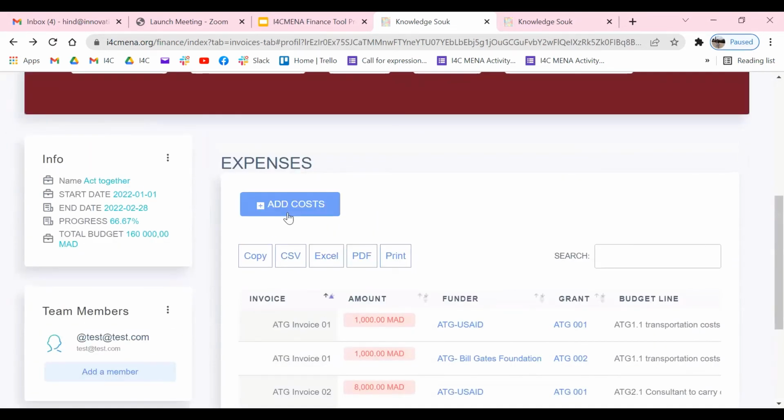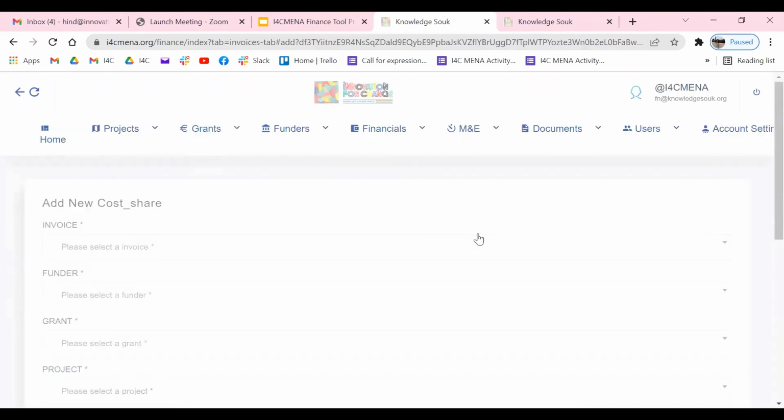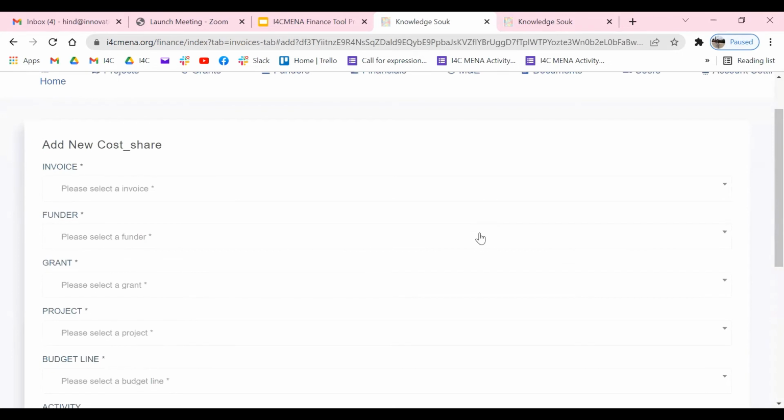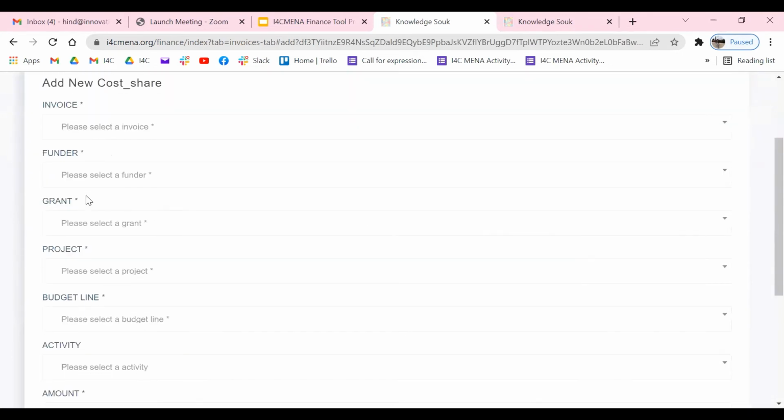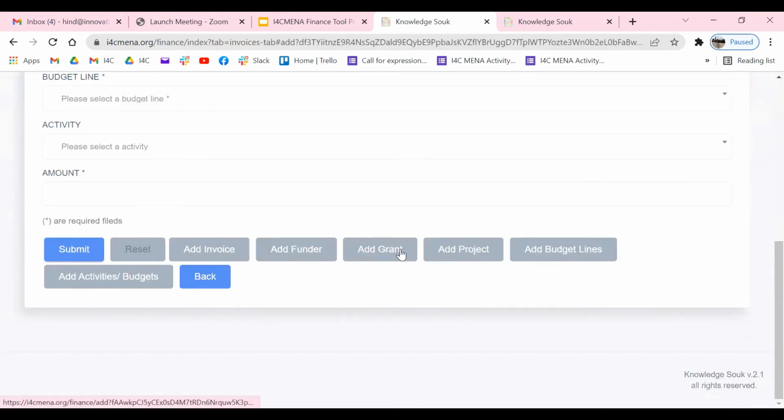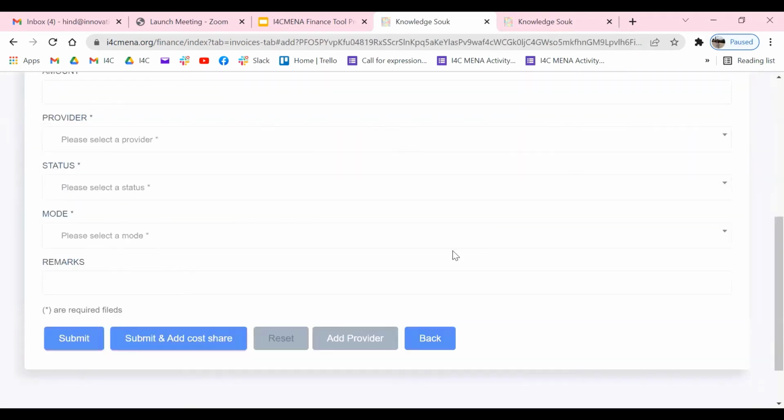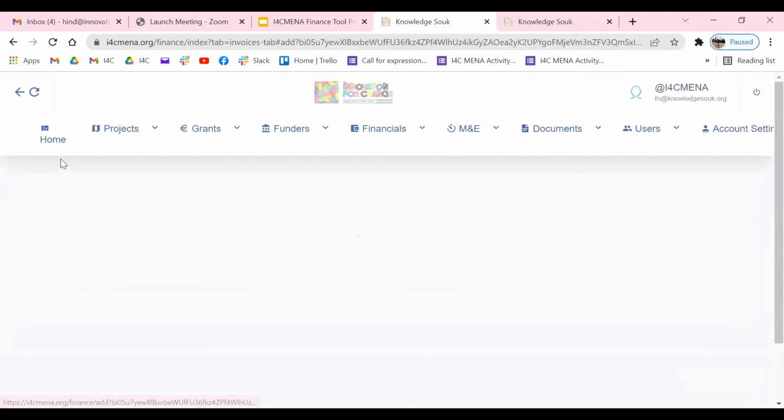So I'm going to show you how we can incur costs. As I said previously, there are many steps to do so. First of all, we have to record the provider info, and then the invoice, and finally we can start incurring costs. So let's do it for the provider.